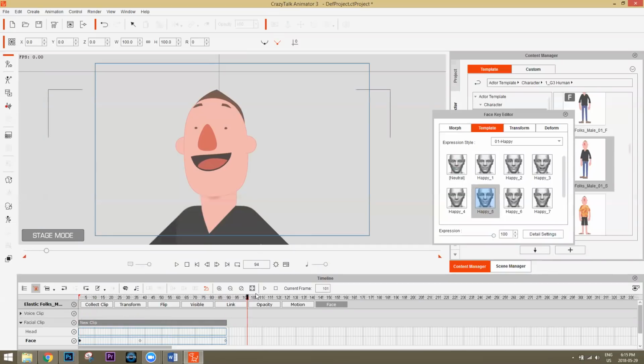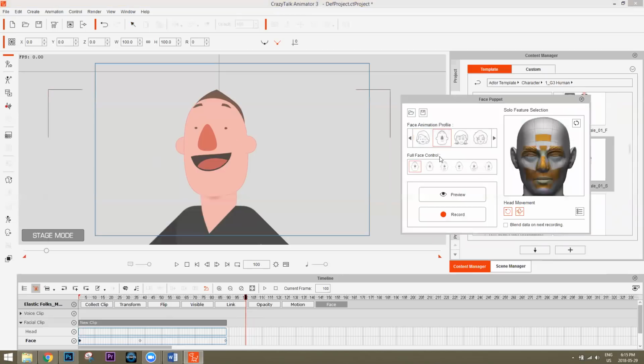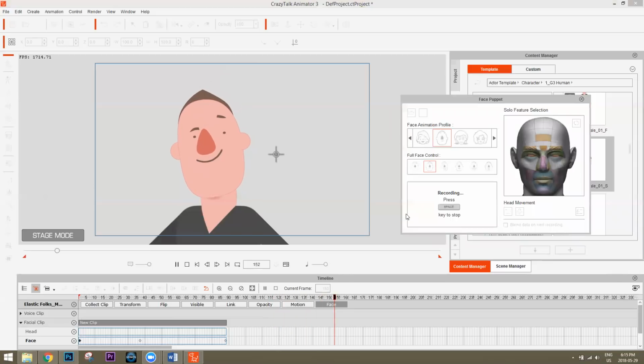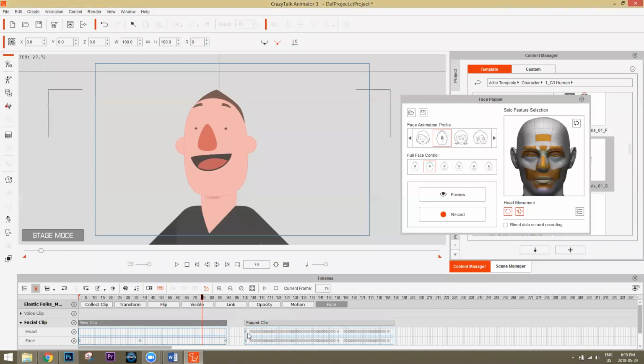Now, if I go to a frame later on and I use my facial puppet tool, let's just use the face and the smiley face and record. Something like that. Notice that it creates a clip, same as this clip right here, but there's tons of keyframes that it generates automatically.